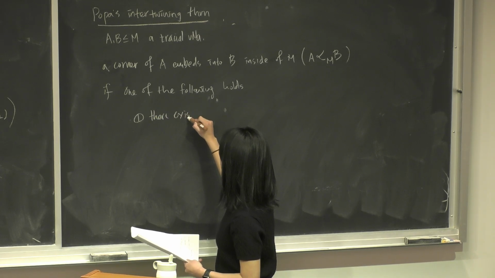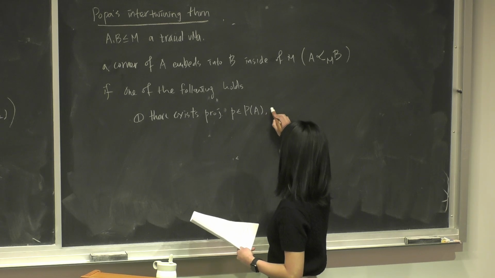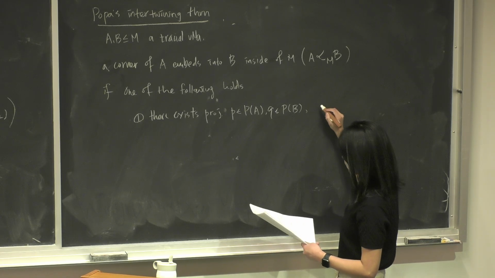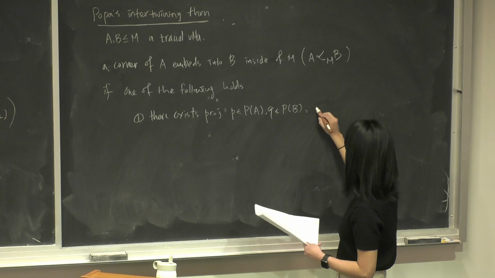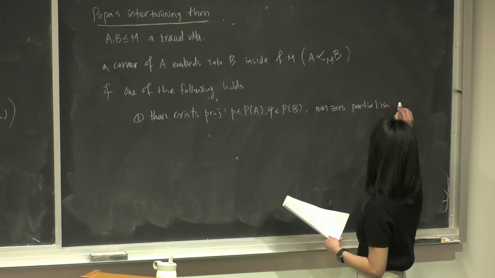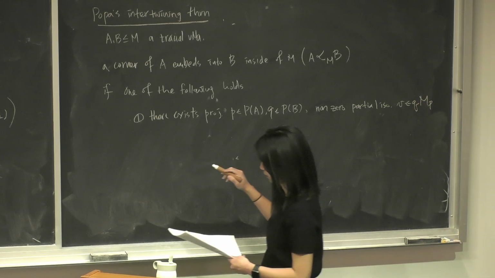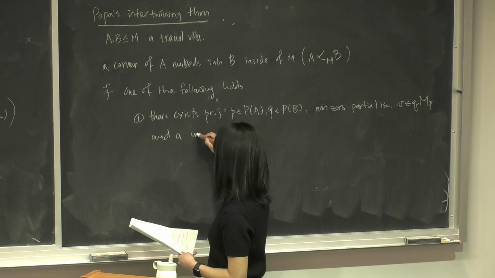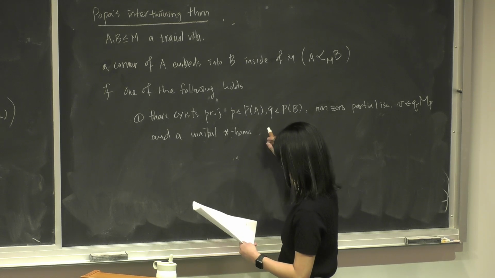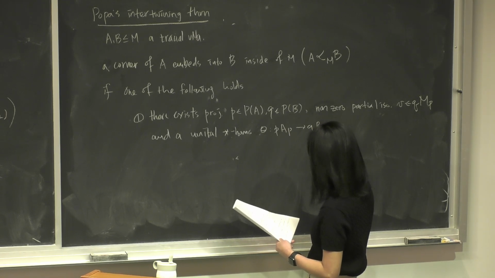There exist projections p in A and q in B, and a non-zero partial isometry v in qMp, and a unital star homomorphism theta from pAp to qBq such that